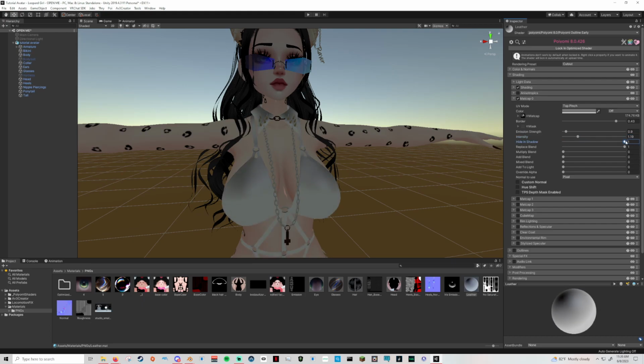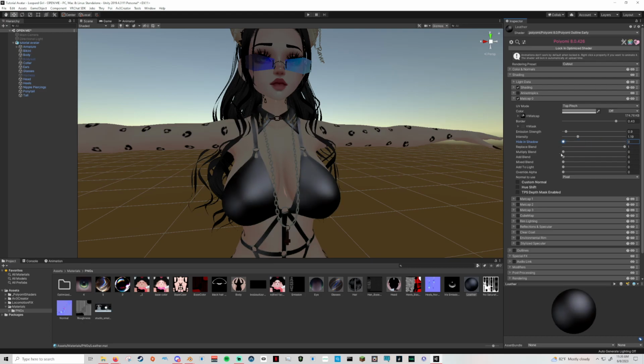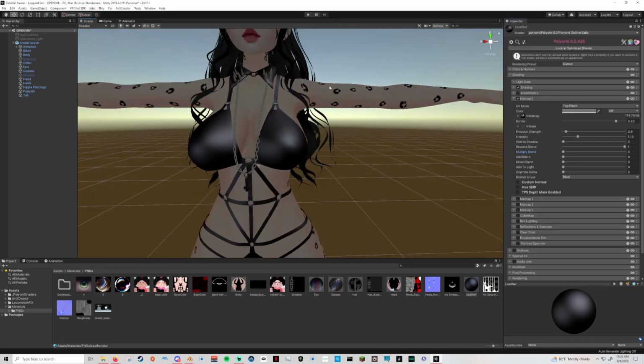And you can do this hide and shadow thing. You could do multiply blend. It just makes very slight changes. Lots of fun stuff you could do. So anyways, I got sidetracked, but that's setting up